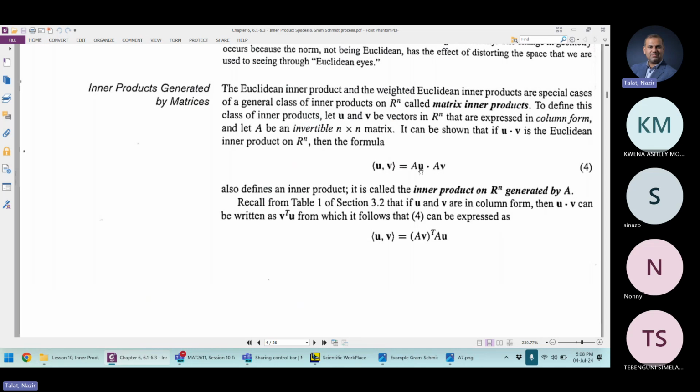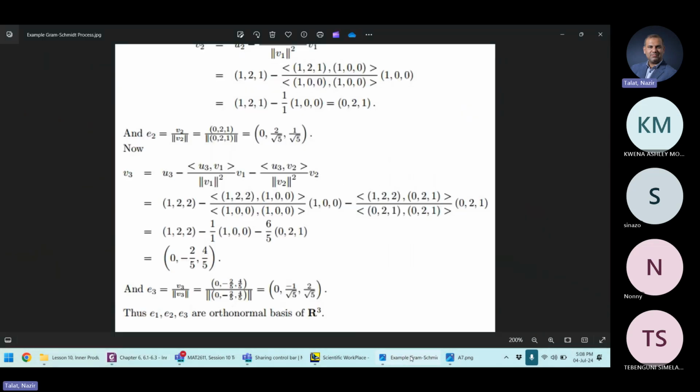So first multiply A with U, then A with V. With this computation, the inner product is generated by A. So you need to apply this formula, and then compute